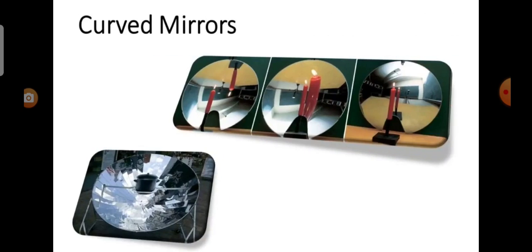Now we see about curved mirrors. We studied about laws of reflection. These laws are applicable to all types of reflecting surfaces including curved surfaces. In your earlier classes, we have studied that there are many types of curved mirrors such as spherical and parabolic mirrors. The most commonly used type of curved mirror is the spherical mirror.